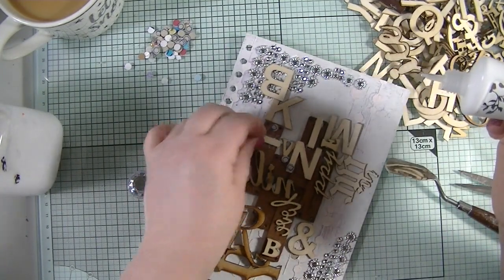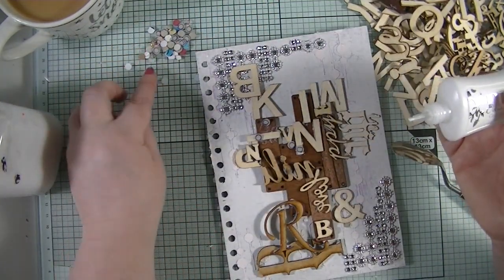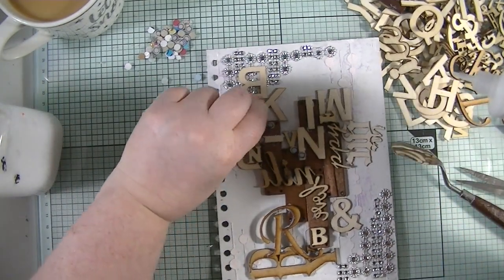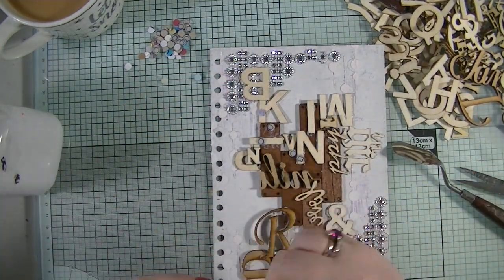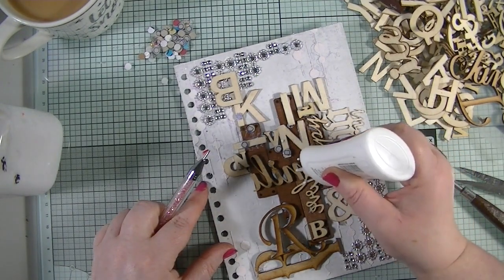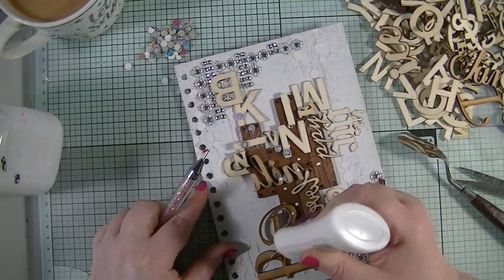Come on, because I've got gel medium on my fingers, so they're sticking to them. Now I don't know how these ones are going to be, because these ones are just thin, so I don't know if they'll show up. I hope they do. I think I'm going to change the tactics. We're going to use the embellishment one, so I'm just going to go around and add on loads of glue dots just randomly,